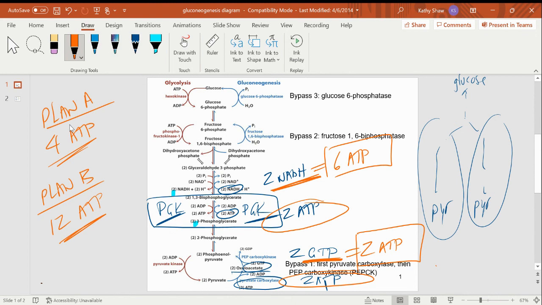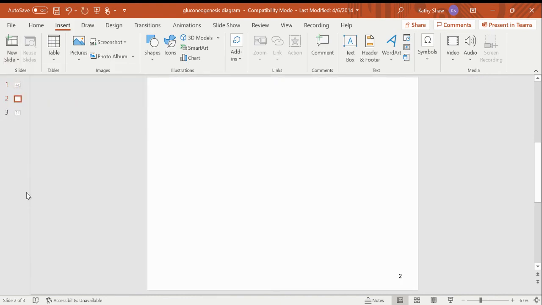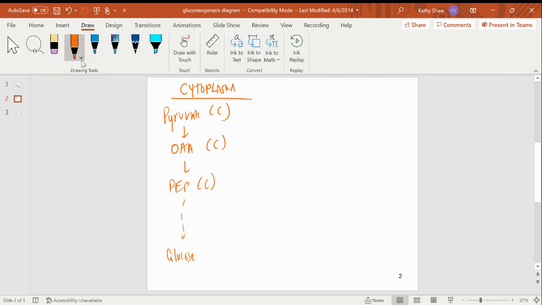Then the last thing on gluconeogenesis, and this is always the toughest one. If I'm in the cytoplasm, this is your malate story. I go from pyruvate in the cytoplasm to oxaloacetate in the cytoplasm to phosphoenolpyruvate in the cytoplasm, so on back to glucose. No problem. That's exactly the way we always tell the story. However, if I'm in the mitochondria with my pyruvate,